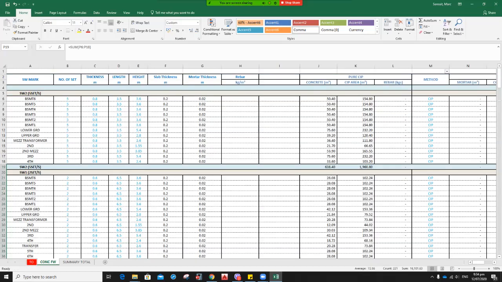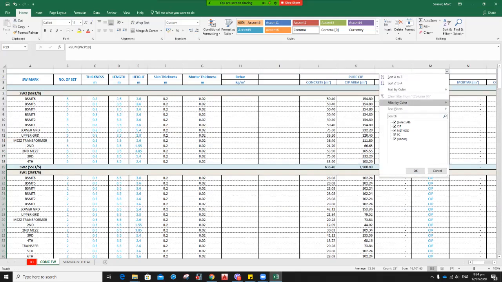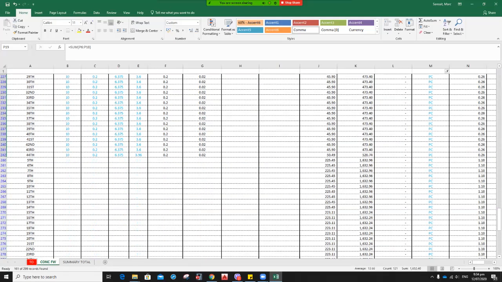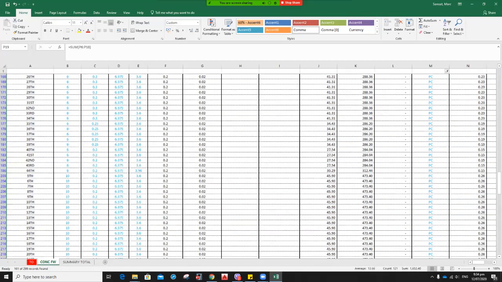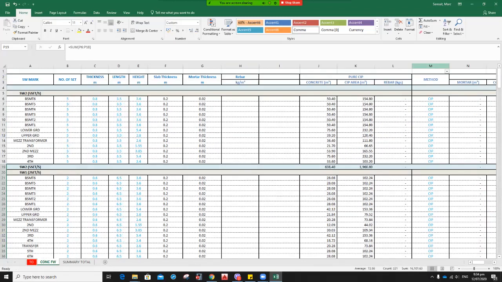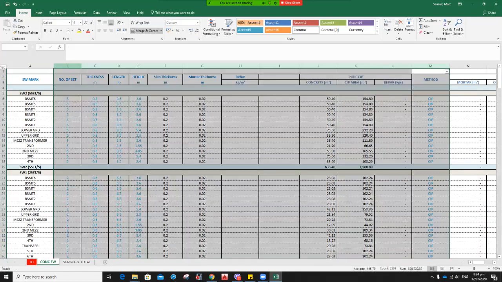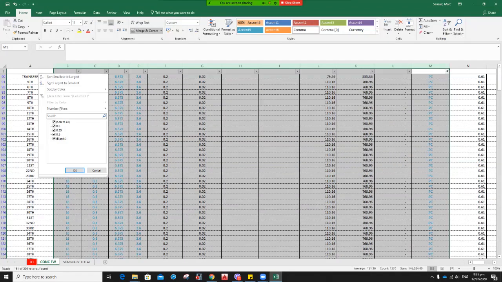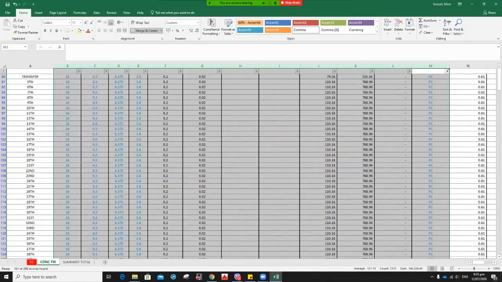Now, for the precast items, let's filter the precast to see what are the thicknesses. So if you have a lot, for this case, you only have 0.2. Oh, we have this. So you simply need to filter everything. We have a lot of options in filtering. Let's get the precast, check the thickness. So 0.2, 0.25, 0.3. So we need 3